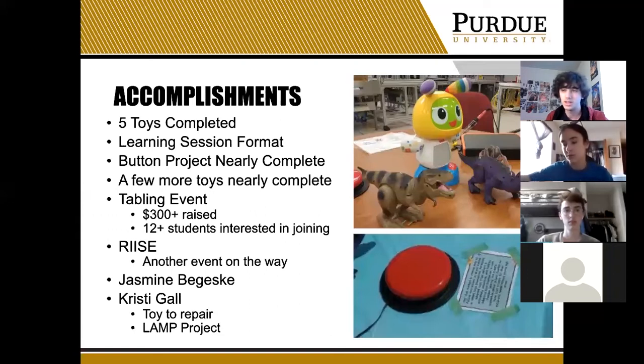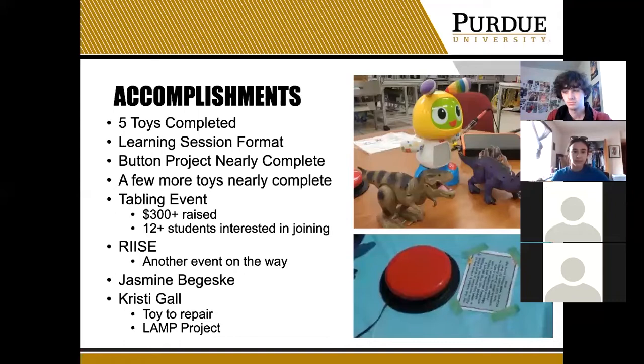John, do you think you could explain what the lamp project is? Because I have a hard time putting it into words, what the cover exactly is. Yeah, I gotcha. So basically, on the LAMP app, there are a bunch of buttons that children with low speech abilities can press. And one of the issues is that the buttons are right next to each other. So if they're not the best at pressing the individual buttons, they could hit two of them at once. And there are a few issues caused by that. And overall, the point of the cover is just to separate the different button areas so they're not accidentally pressing more than one button at once,